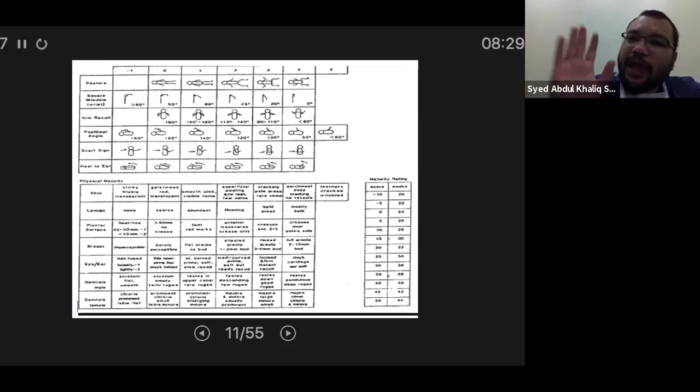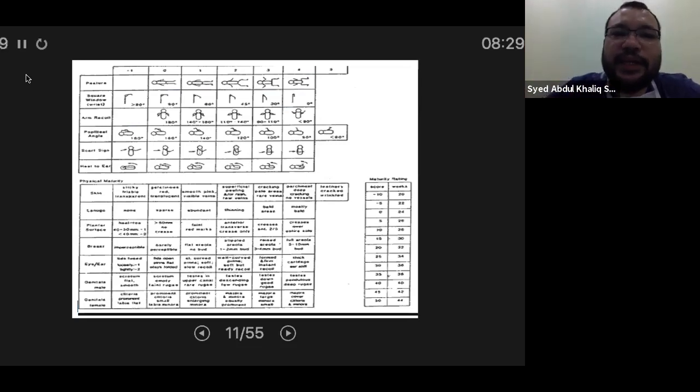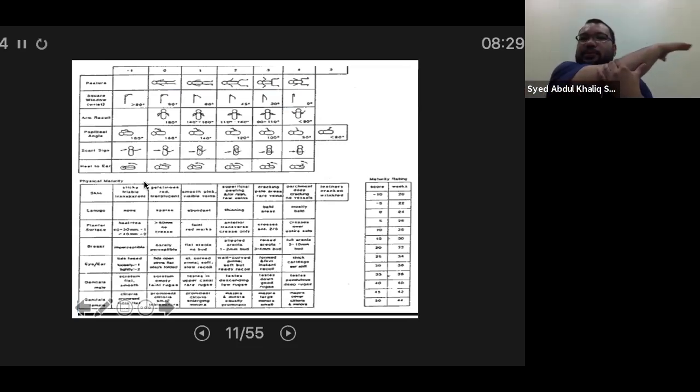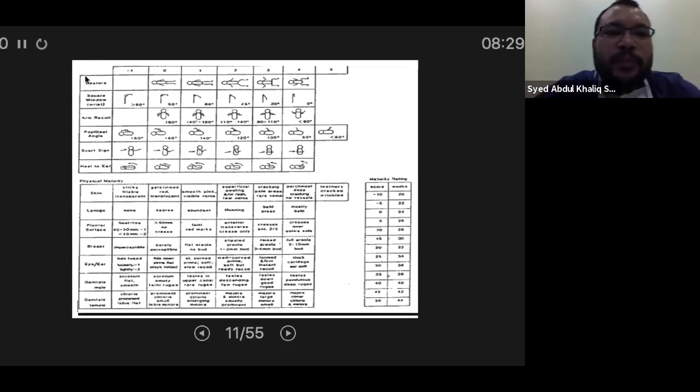You look at the popliteal angle, the angle at the knee. You also do the scarf sign, where you bring the arm across, and see how far it goes. With a more premature baby, obviously you can cross further. And you look at the skin, the breast, the eye, ears, genitalia, and so on. So this is a very good and very useful assessment tool, the Ballard score.